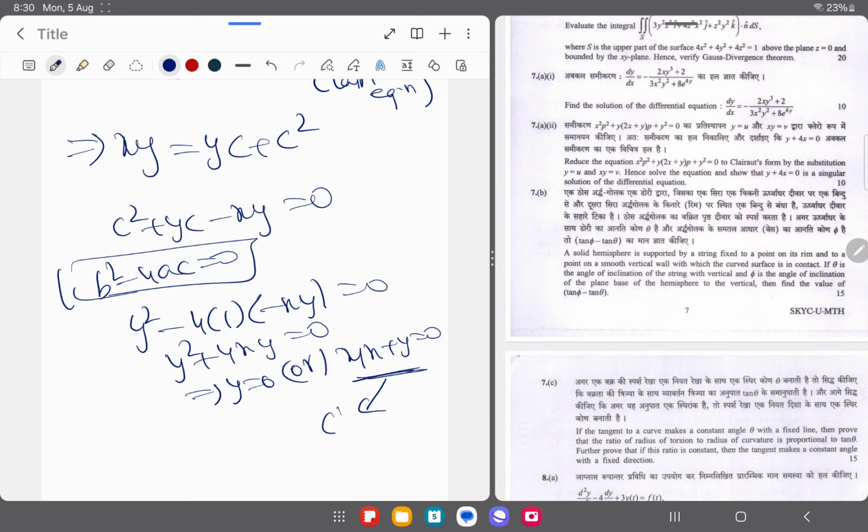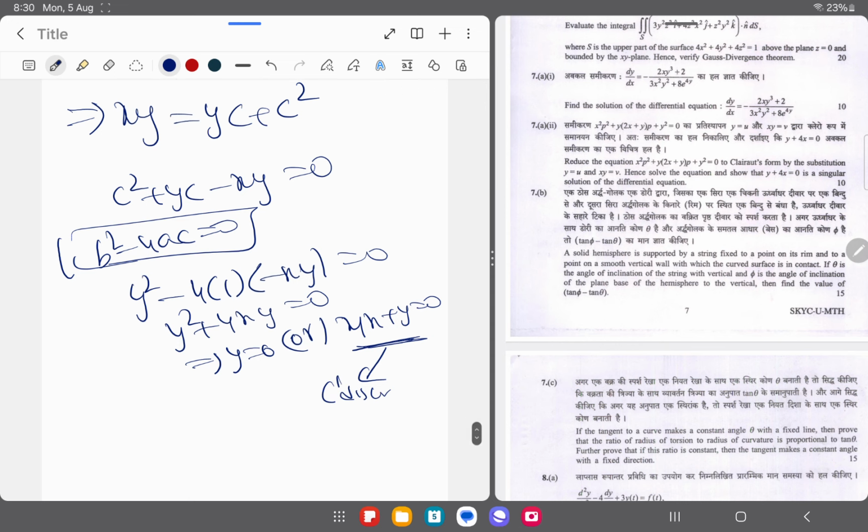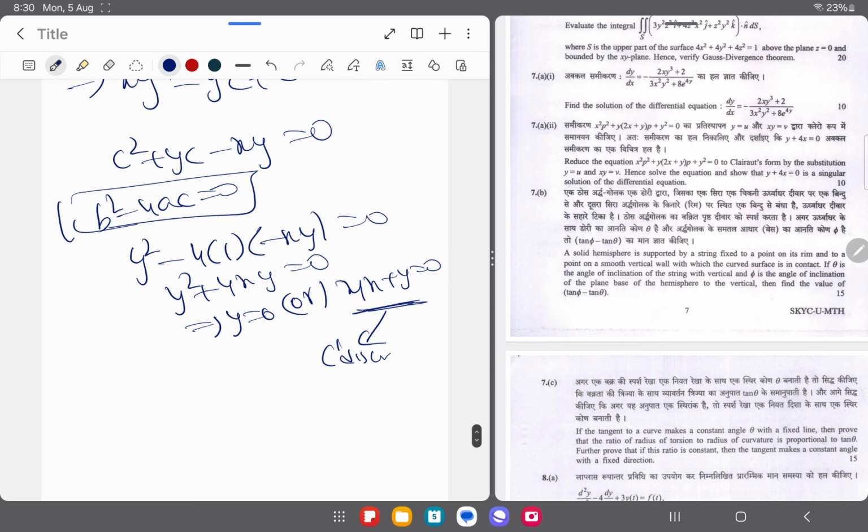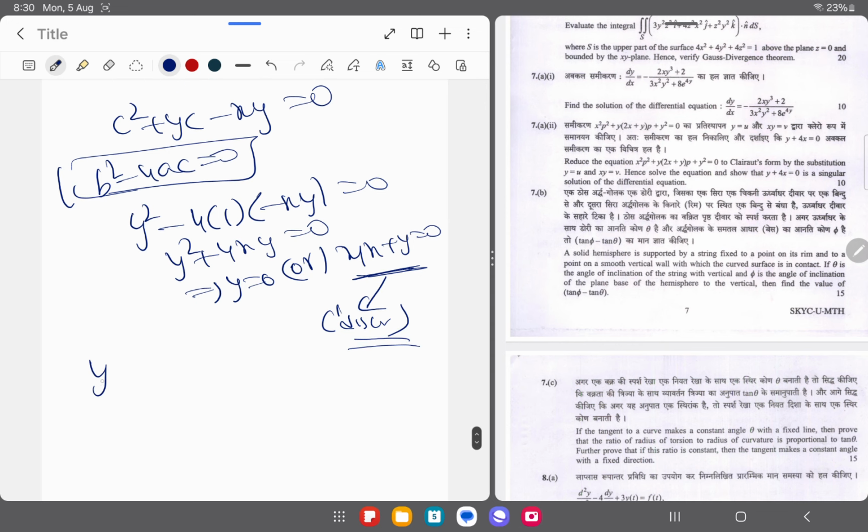We have got this from c discriminant, but we need to put this in the original equation so that we can confirm that this is the singular solution, right? So y is equal to minus 4x, right? So dy by dx is equal to minus 4,